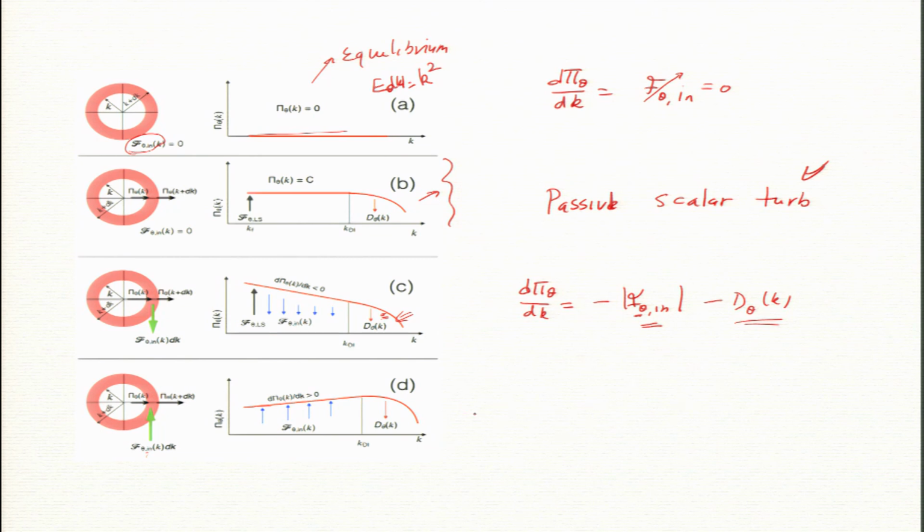Okay. And this is where pi theta increases because my injection is positive. So it depends on how this external force on theta is injecting theta squared. Is it positive, negative, or 0? Okay. In fact, this is passive scalar. For Fu, I know the signs, I can also talk about f theta, but I will not use it right now. So this is for pi theta. Okay.